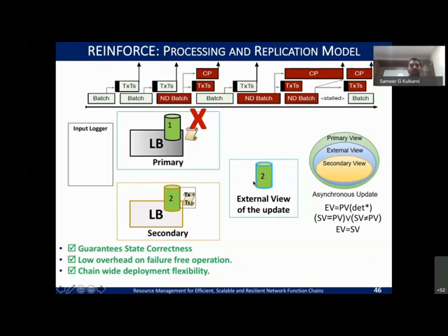So that way you have achieved the correctness, although you have allowed the system to diverge in the way they behave. But from the end point of view, you have the state always in synchrony with whatever has happened and whatever is shown to happen. And the concept, what we call, is external synchrony, that was being pursued a long time ago in the database community as well as in the storage community, from the file systems and others.